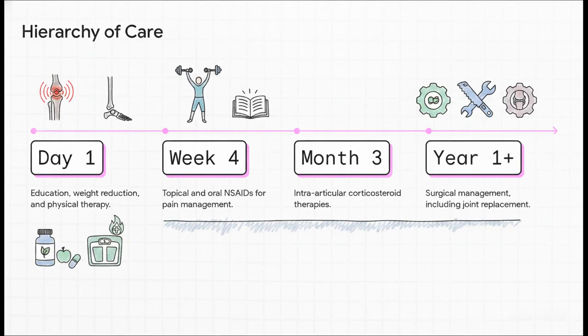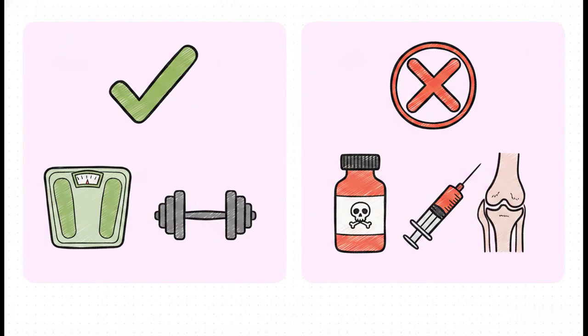If the symptoms demand it, we step up to pharmacology, usually starting with topical and oral agents. If pain is still hanging around after a few months, we can consider intra-articular injections. And we only look at orthopedic surgery when every single non-operative measure has failed. Now, current AAOS guidelines actually challenge some of our old-school habits. There is incredibly strong evidence backing sustained weight loss, supervised or even unsupervised exercise, and oral or topical NSAIDs to